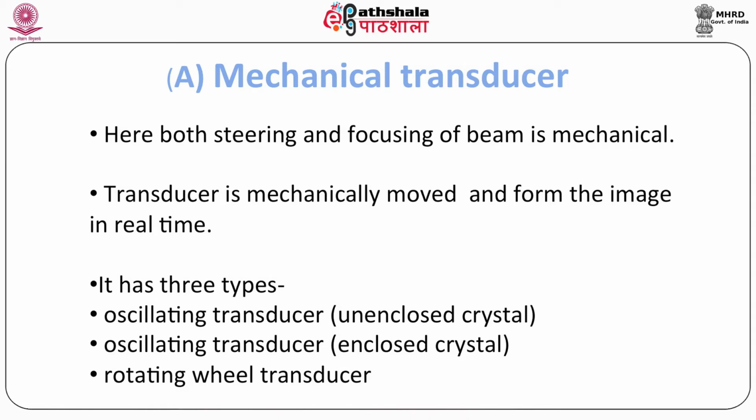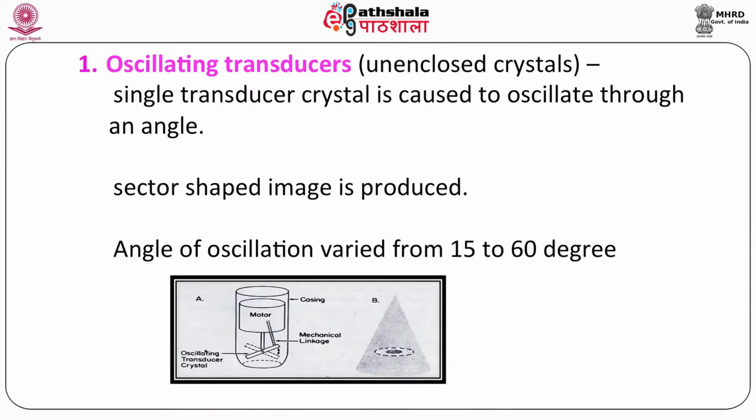Now the first type is the oscillating transducer, unenclosed crystal. A single crystal transducer is used for oscillating through an angle. A sector shape image is produced by this one. The angle of the oscillating transducer can be varied from about 15 degrees to about 60 degrees. Here the frame rates are generally about 15 to 30 per second, as you can see in this figure showing